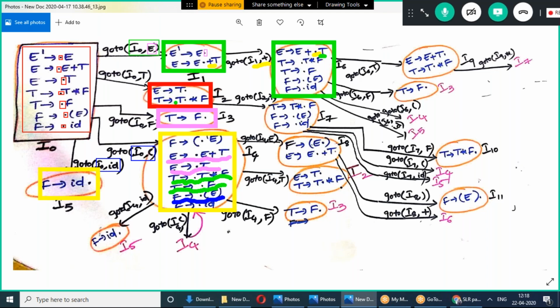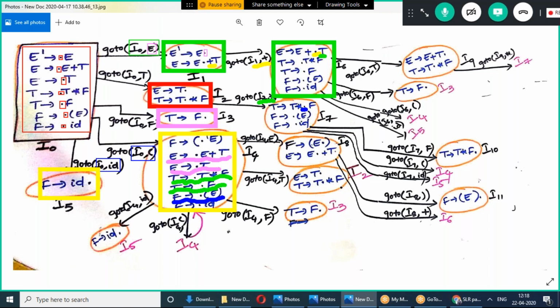Then T → T . * F. What goto can we perform here? Goto of I2 comma star. Then this production becomes T → T * . F, the dot comes this side.